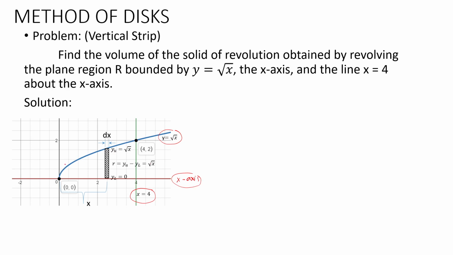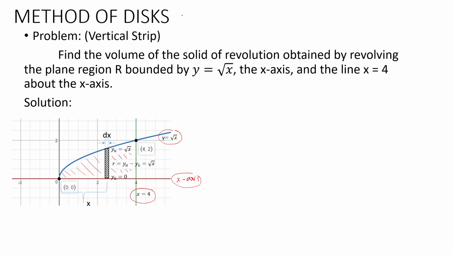So the region bounded is this portion here. This is the area to be rotated. Okay. So since we're going to rotate about the x-axis, it's best that we use the vertical strip. So most likely in the method of disk,